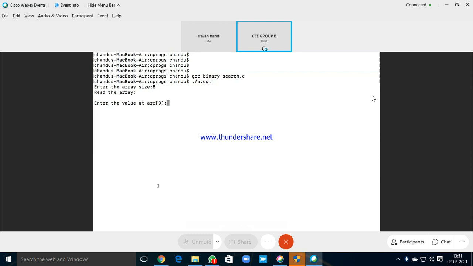We'll take array size as 8. Okay. So what is a prerequisite for binary search, ma? What is the only prerequisite for binary search? Tell me. The elements should be in increasing order, sorted. It should be in increasing order.